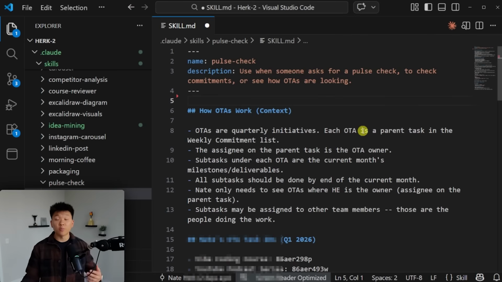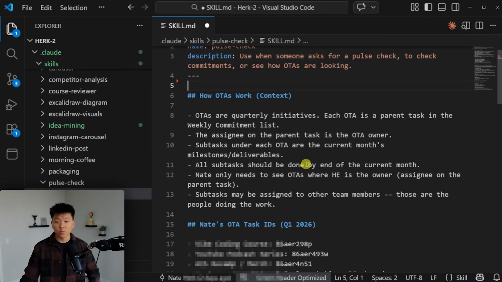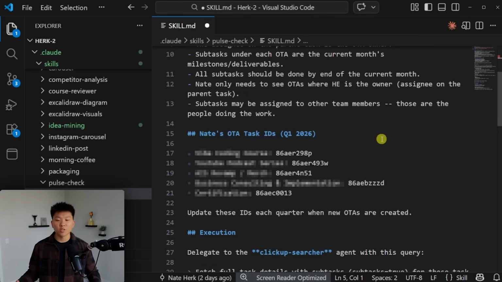So here's an example of the pulse check skill that we actually ran earlier. Now this skill gets invoked when I ask for a pulse check or checking in on commitments. And what it does is it reads through some context of how OTAs work, which is important for it to understand every single time it reads this skill, which is why I put it here rather than in a reference file. And what it has to do is a live lookup on my ClickUp to understand what's going on. So what I did is I hard coded in these list IDs